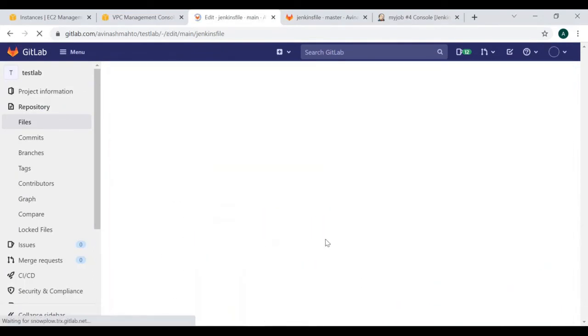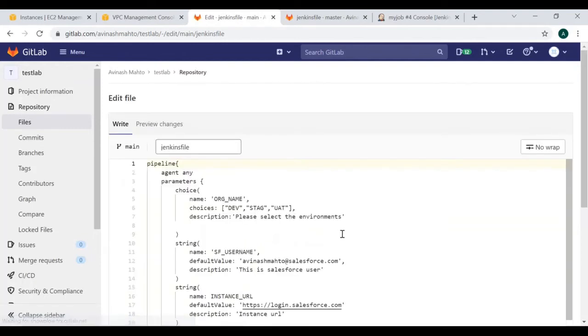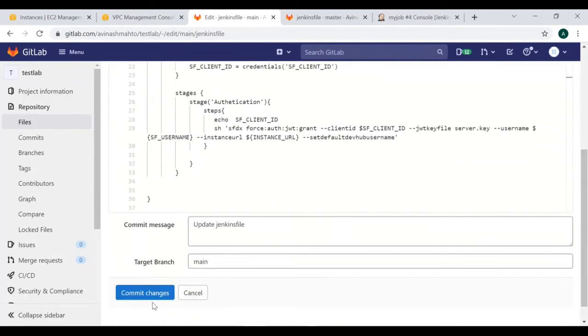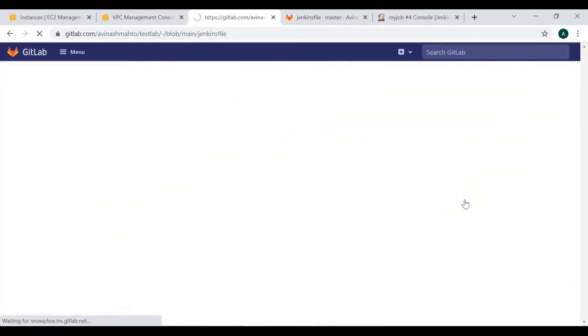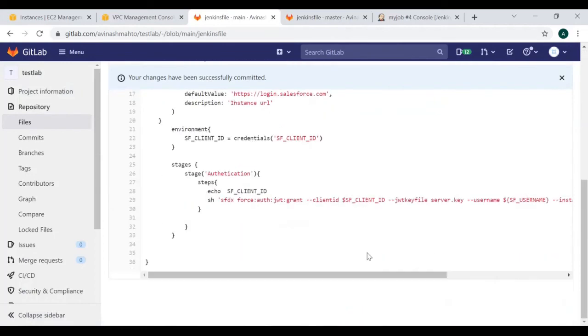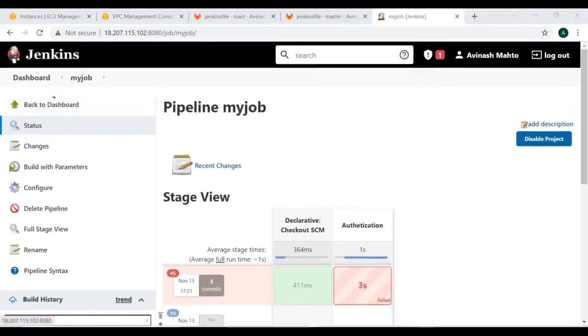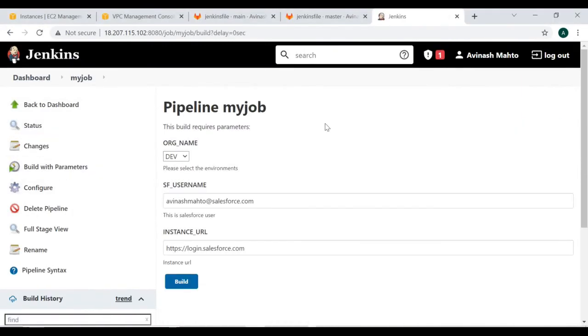So here is the error. Let me rectify it, as I had changed it earlier and forgot to rectify it. Guys, so now let me run this.